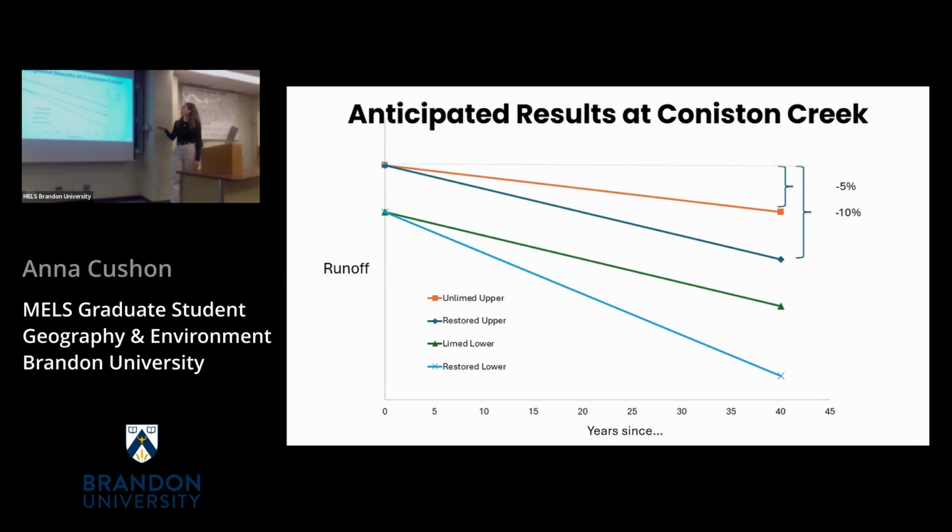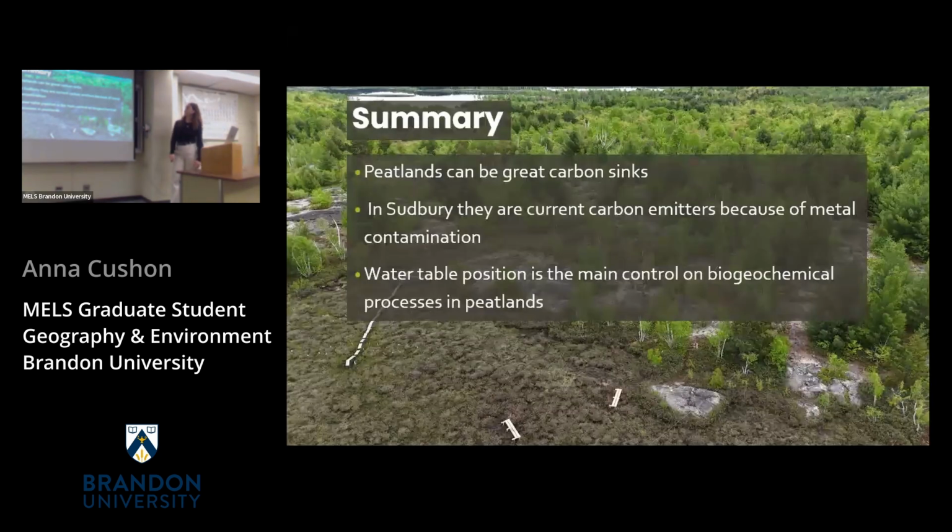Oh, and these are just some examples of numbers we just estimated approximately, and again, just showing the greatest decreases in runoff. So in summary, peatlands are great carbon sinks, and we need to protect them. In Sudbury, unfortunately, there are current carbon emitters because of contamination. However,